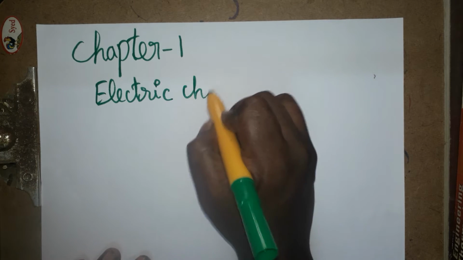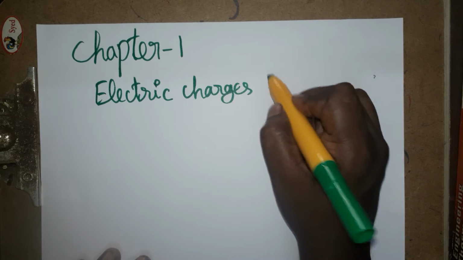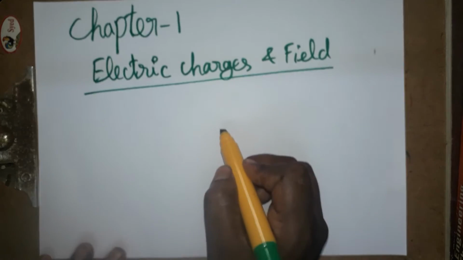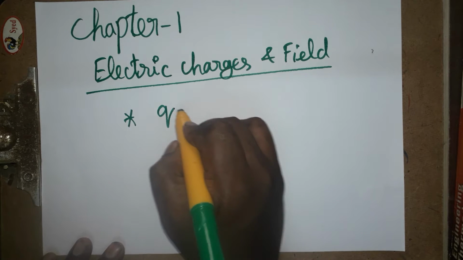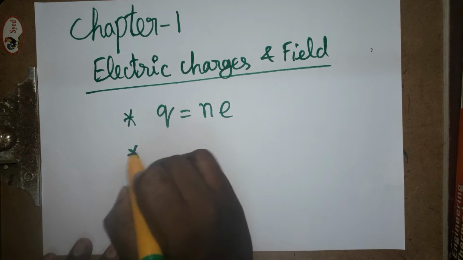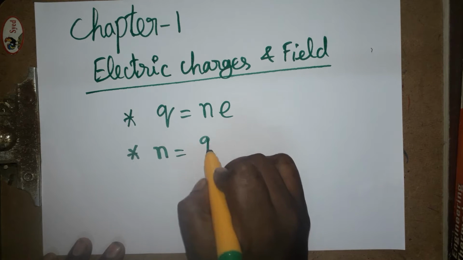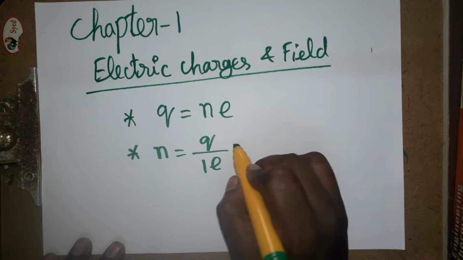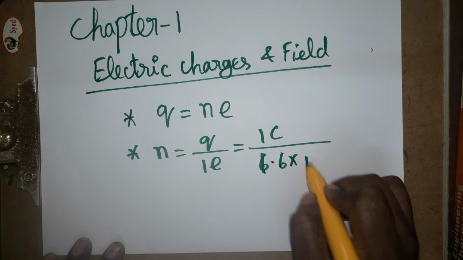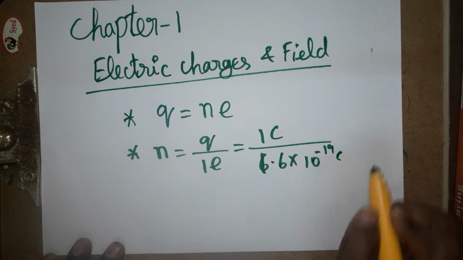electric charges and field. In the first chapter we are going to learn what formulas there are. First one, Q is equal to N e, where N is the number of electrons. So N is equal to Q divided by e. If I take the charge as 1 coulomb, and the charge of an electron is 1.6 into 10 power minus 19 coulombs,